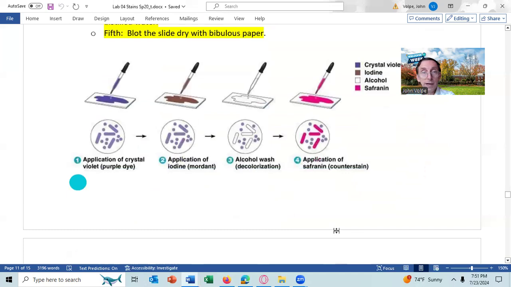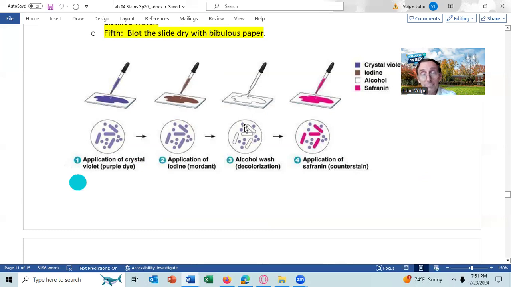In the steps of the gram stain, after you apply the crystal violet, the cells will be blue, purple in color. After you apply the gram's iodine, they will be purple in color. And you can kind of see this color looks different than that color, but these look the same. That's just the way the artist has done it. These do look a little more purple. Then you apply the decolorizing step.